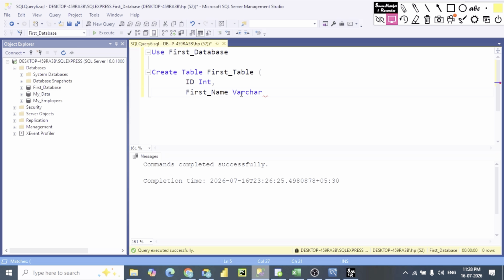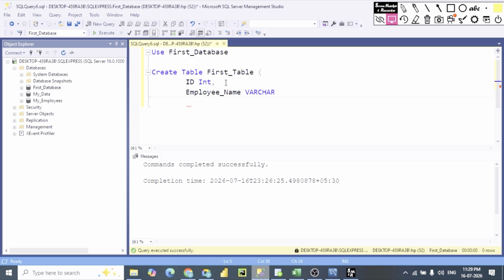So now I'll just clear this out. Our first column is ID, which is an integer. Integer, in simple terms, is a numeric column. The next one, I would say employee name, for example. Just take very simple and generic examples. Employee name,